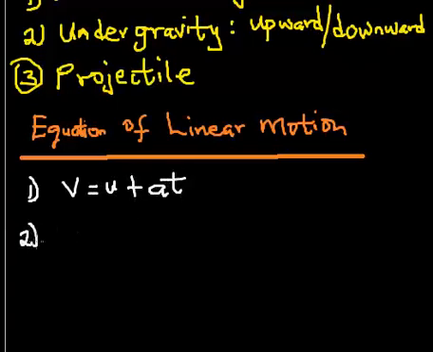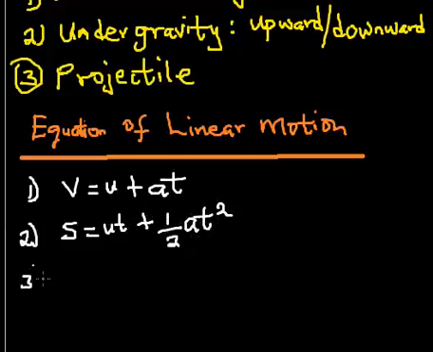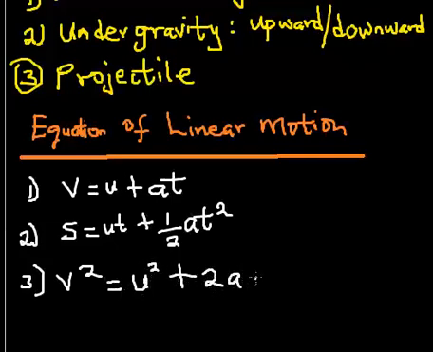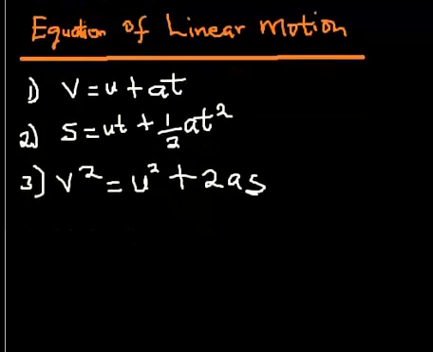The second equation is given as x = ut + ½at². The third equation is given as v² = u² + 2ax. I will probably prove the origin of this equation, but before that, every equation has parameters that it is made up of,